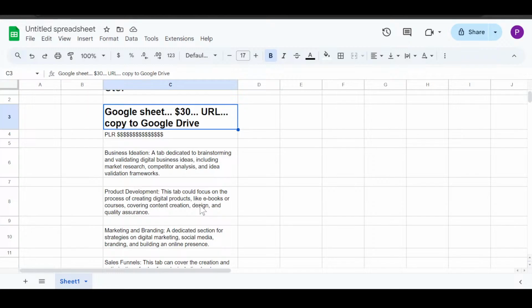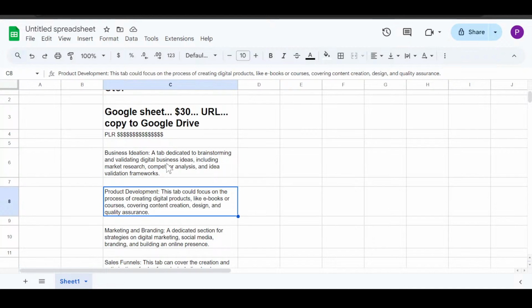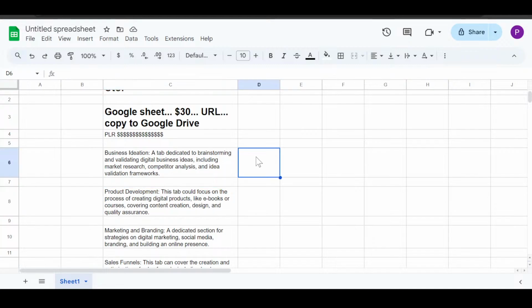And so I spoke to ChatGPT and it recommended the following 10 tabs. So let's take a look at these 10 tabs and see if they apply. So this is a good tab, business ideation. You have to have an idea of the business that you're going to create. So it can be a business where you're selling ebooks. It can be a business where you're selling video courses. For example, many people sell video courses on teachable.com. It can be a business where